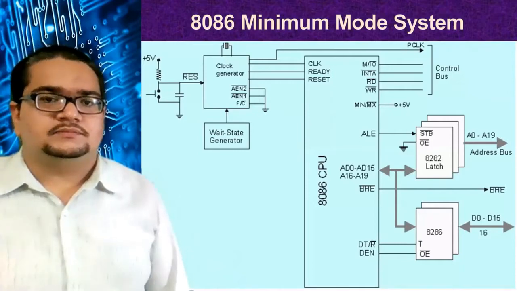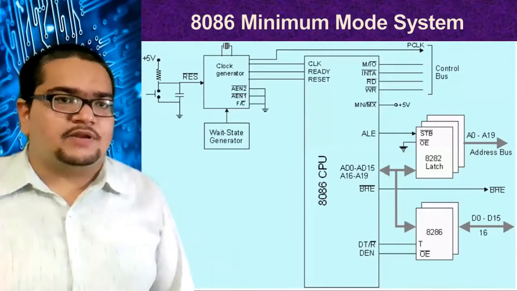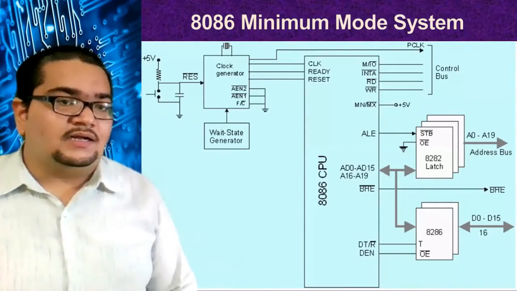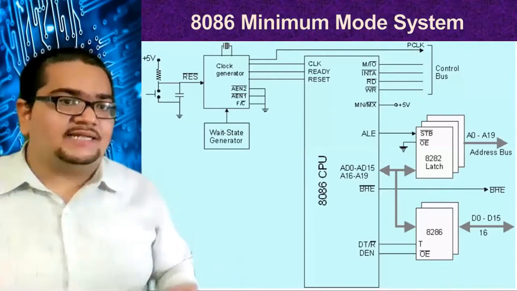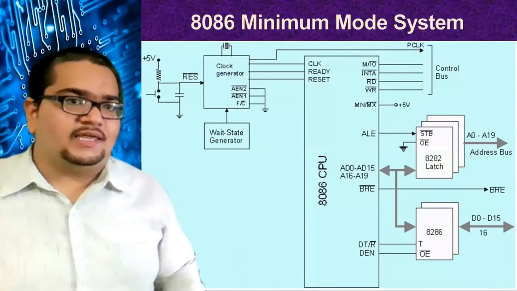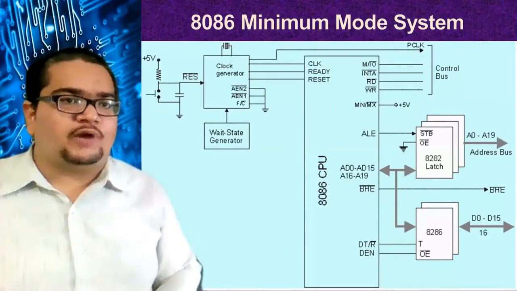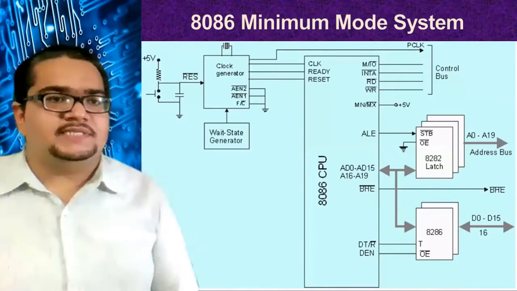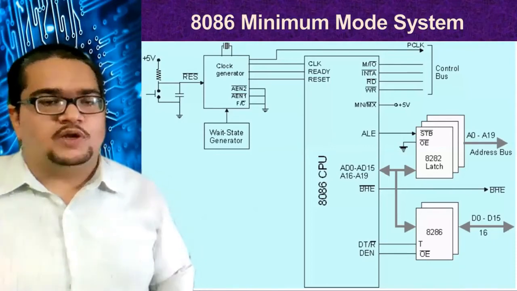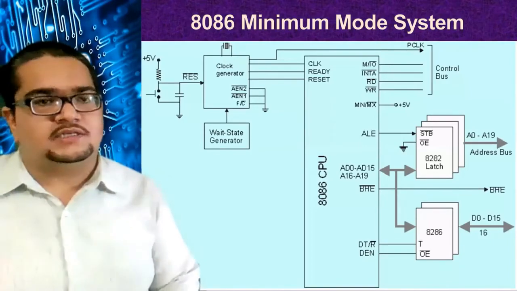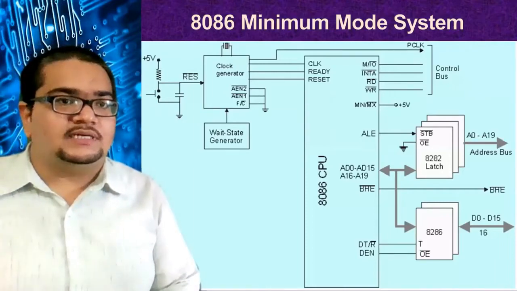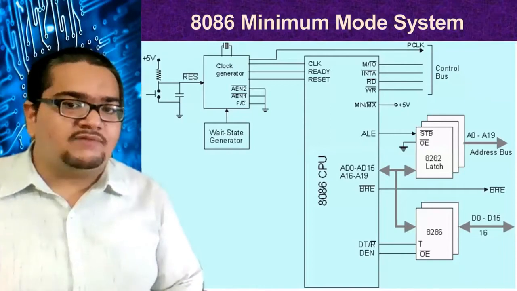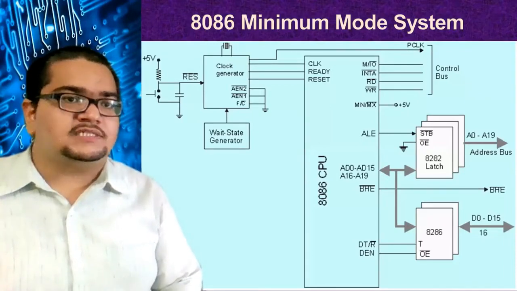And here is DT/R bar, you can check it out. It is given as one of the inputs to the buffers, because buffers can take data from both sides, from left to right or right to left. Basically they are shift registers: a left to right shift register and a right to left shift register, both it will accept. So depending upon whether the data is transmitted by the processor or received by the processor, this particular pin makes the buffer understand that.